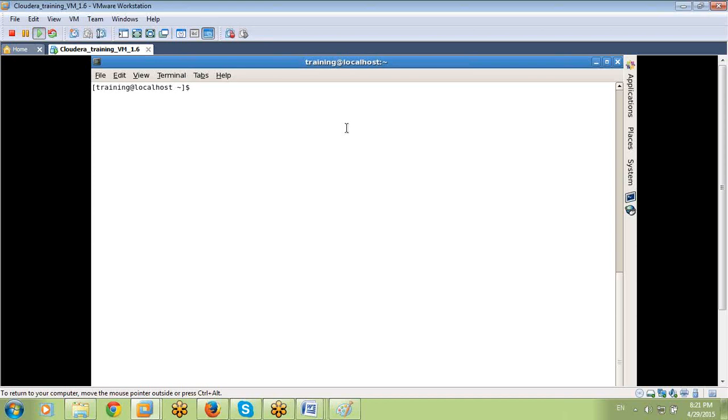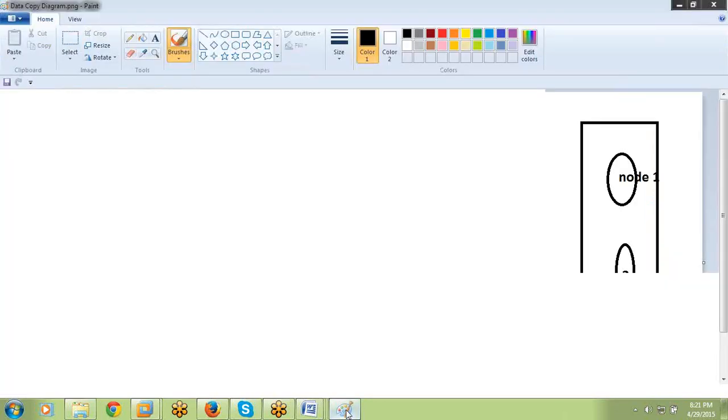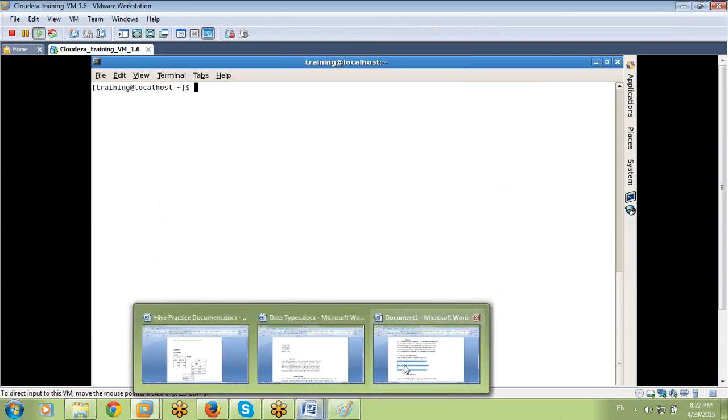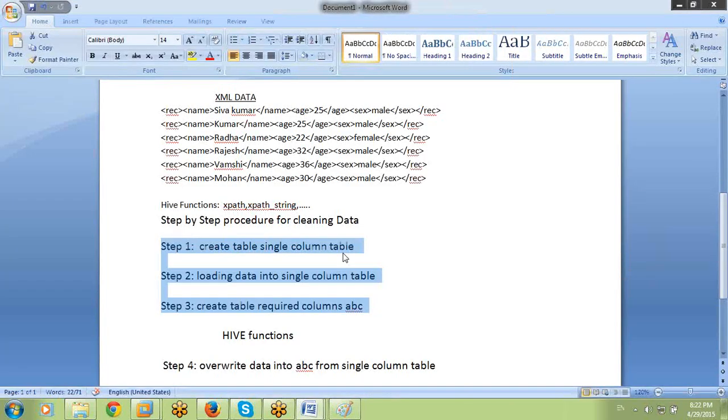But in real time, for the same requirement, for example cleaning the same XML data, I want to run 4 queries. In a real operation environment we do not run them one by one. We create a script, and the script takes care of running the queries. So what do you mean by script? A collection of queries.